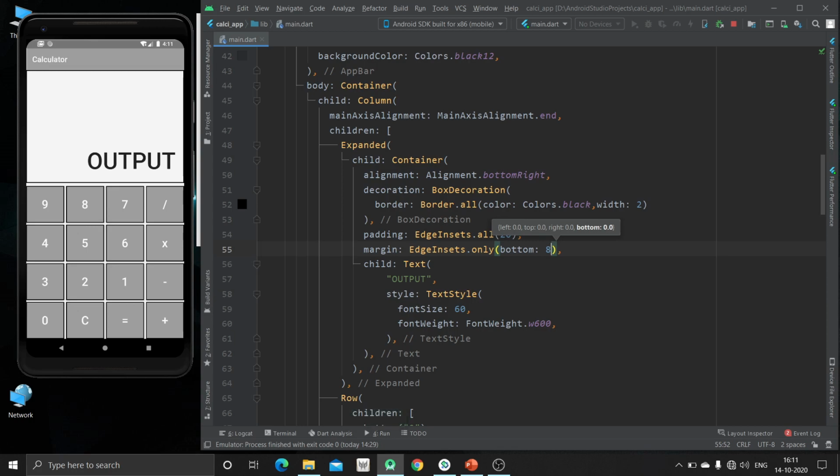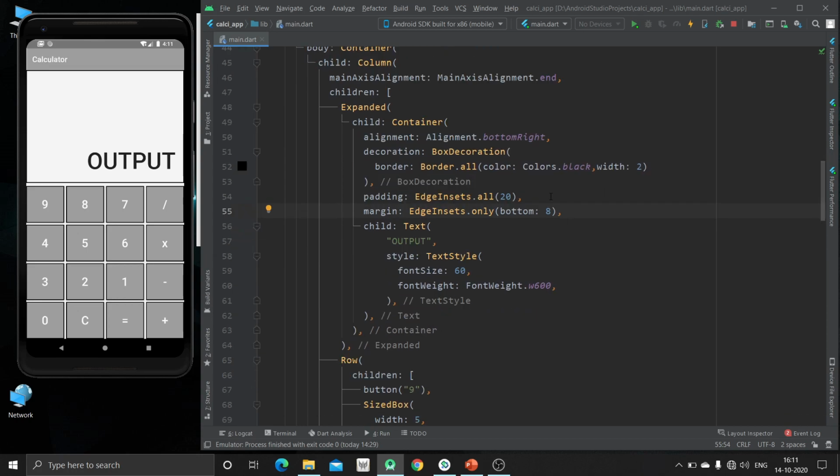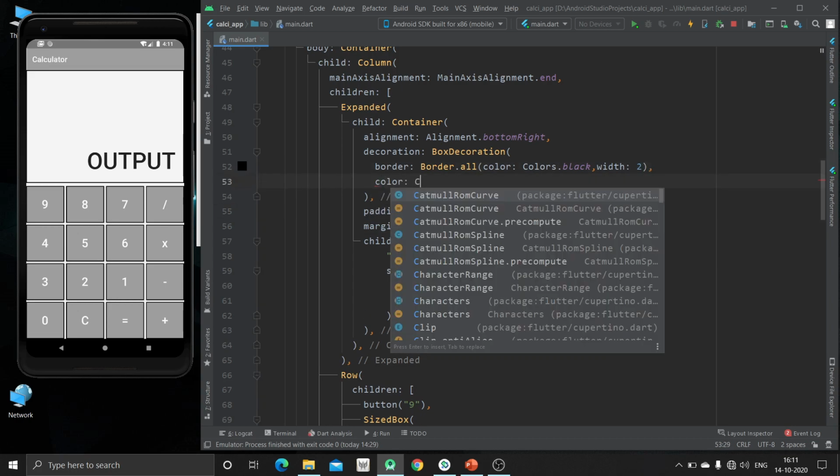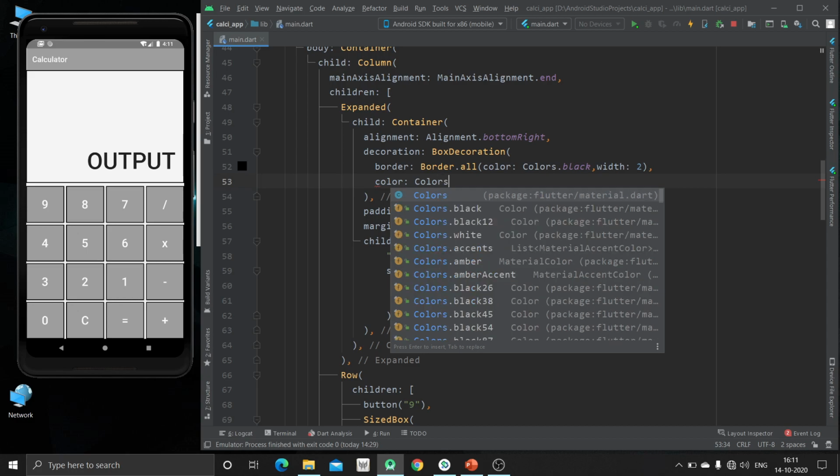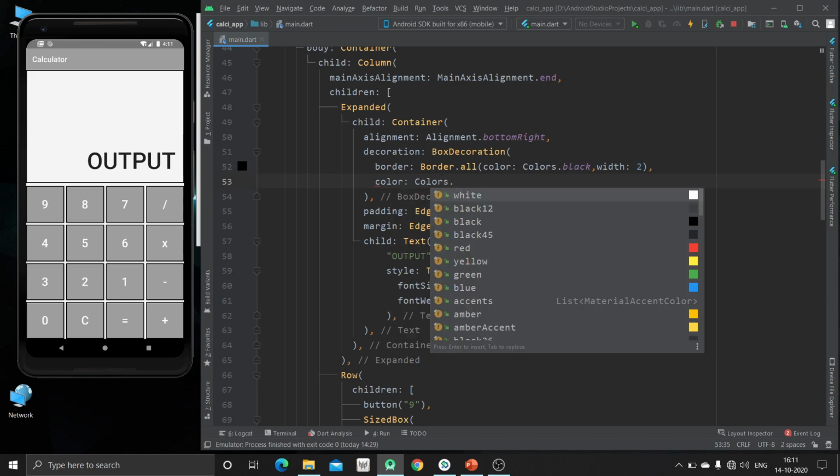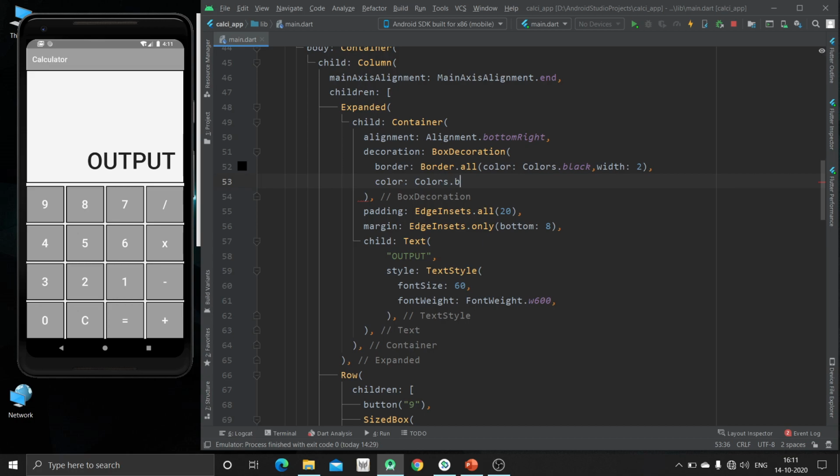Now what we are going to do, we are going to change the color of our container, so black. Okay, yeah, it's good.